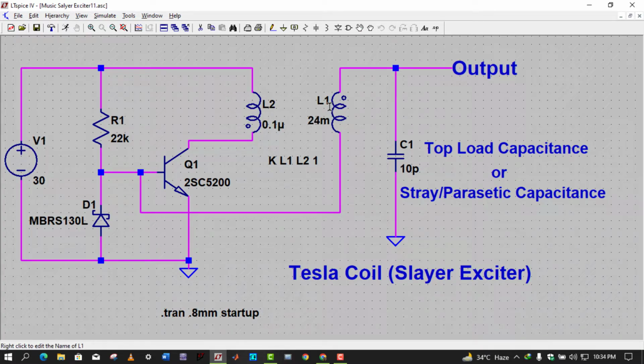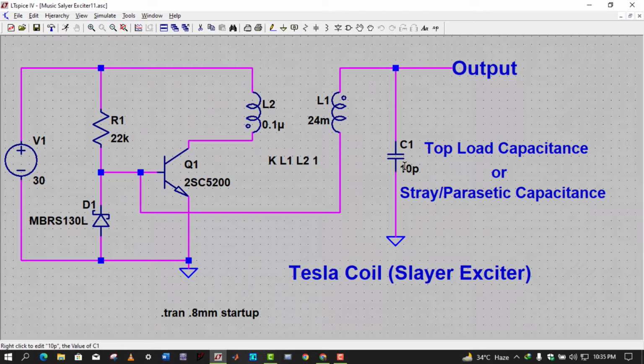That magnetic field will induce voltage here, and this point will be at higher potential than this point, which means this point will be at negative potential. Again this negative potential will build up here in such a way that this diode will turn on, and when this diode turns on, the base of the transistor will be connected to ground, and again this transistor will be turned off. So again and again the transistor will be on and off, and the frequency of that oscillation depends on the